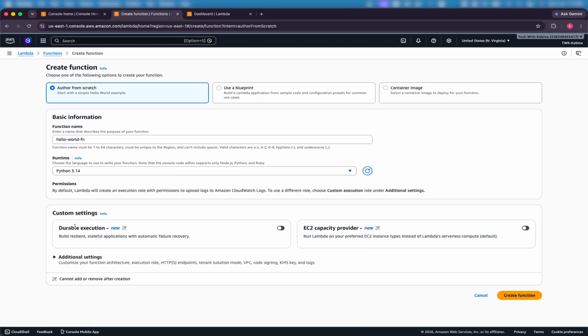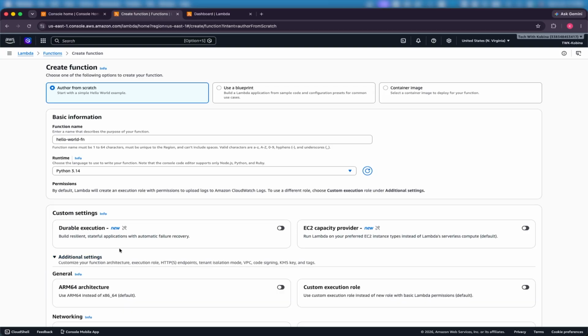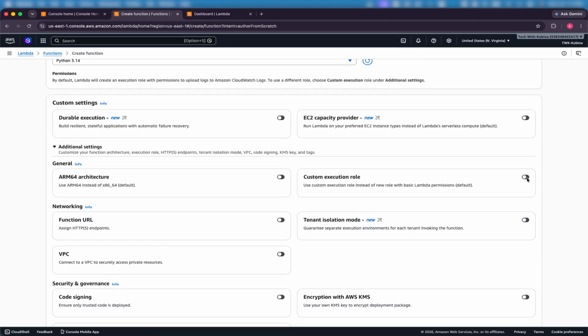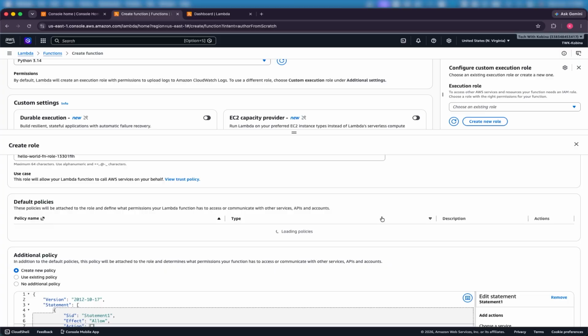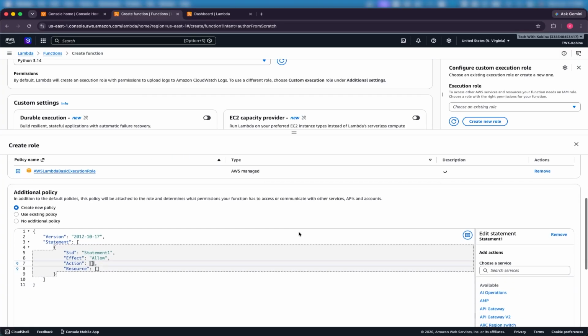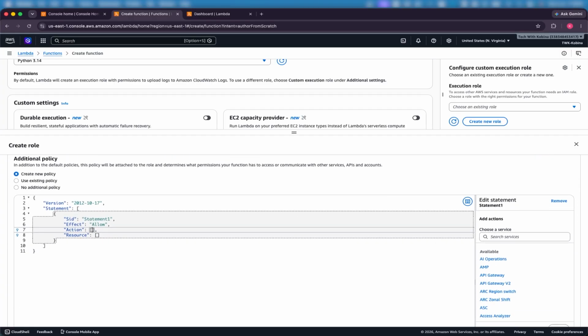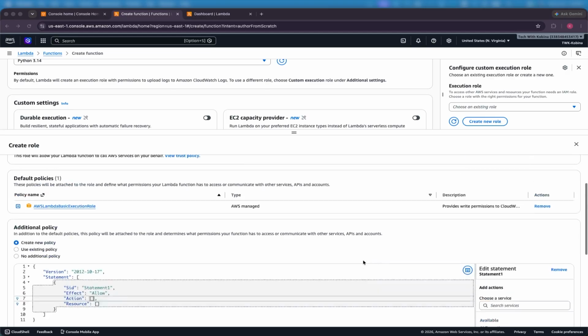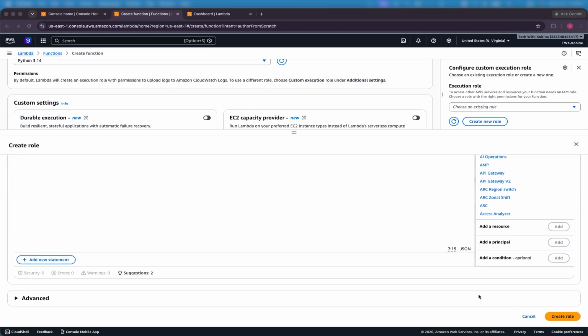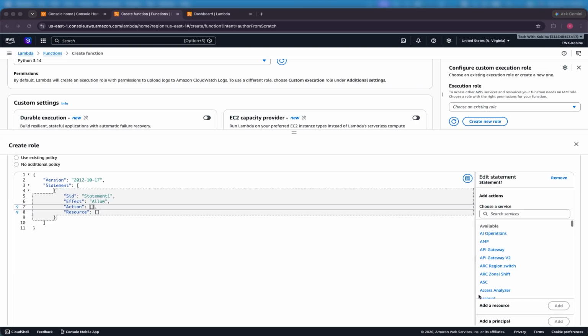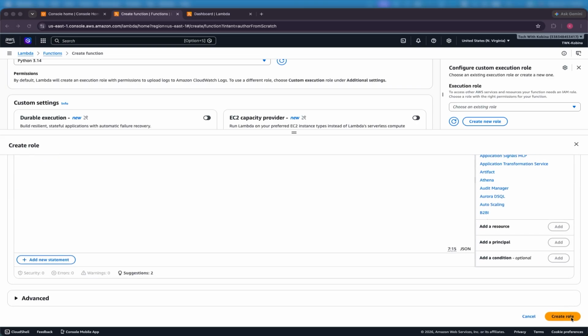and then the runtime, which is pretty much the programming language in which your code is going to be written, I'm going to select Python. Under the additional settings, I'm going to create a role purposely for this Lambda function, and then we are going to make use of it. So I'll click on this, and then I'll simply click on create a new role. This Lambda for now will have these basic permissions and nothing else. So I'm just going to leave it as it is, and then click on create